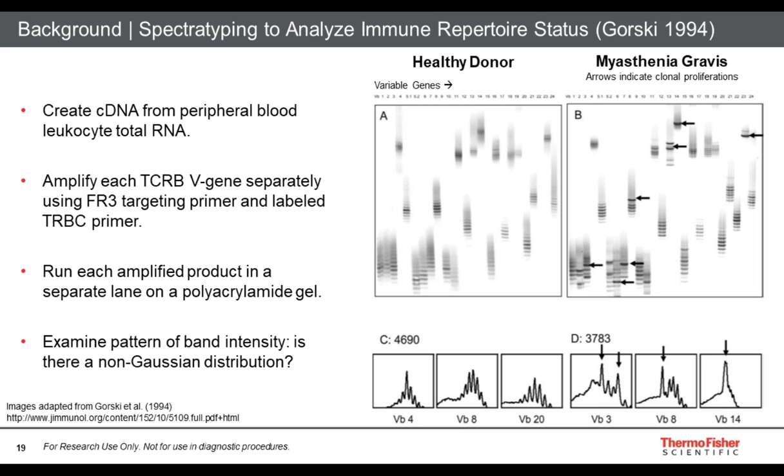Now, in an individual with an abnormality, either autoimmune disease or otherwise, the plots would deviate from this Gaussian distribution. And on panel B of this slide, I have an example of myasthenia gravis. This is a T cell mediated autoimmune disorder where you're observing a non-Gaussian distribution. Now, I set this as context because with NGS data, we can take this type of analysis to a higher